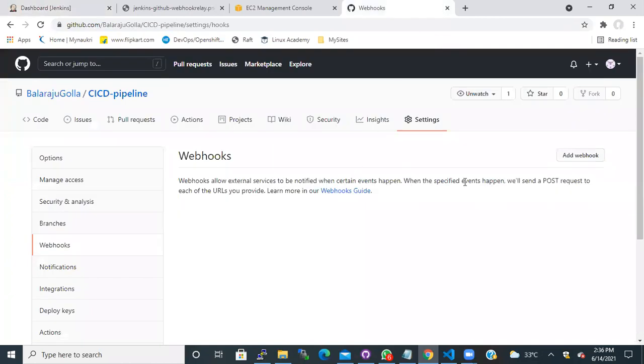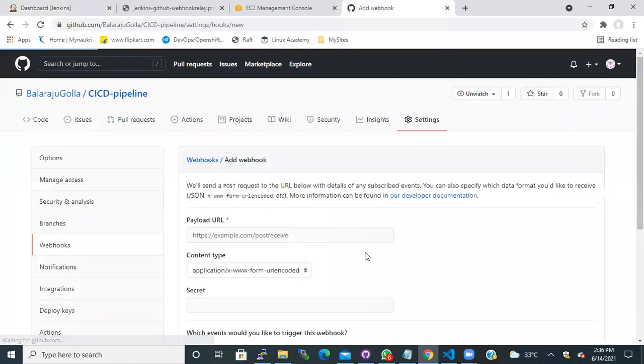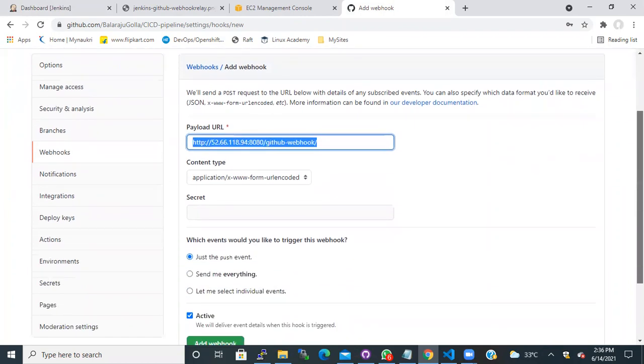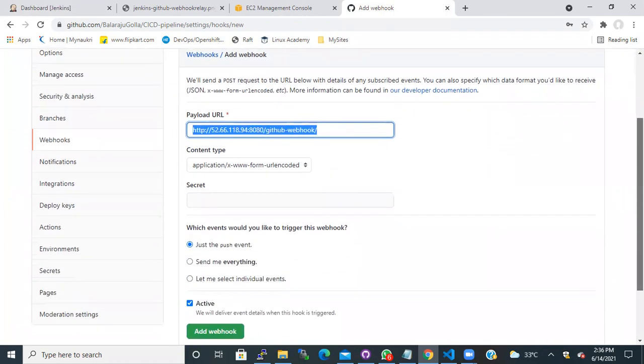So I'll take this, click on add webhook, and then paste it here. And then you need to type github-webhook/. This is what you need to give here. Okay. And there is nothing else, you just need to save.